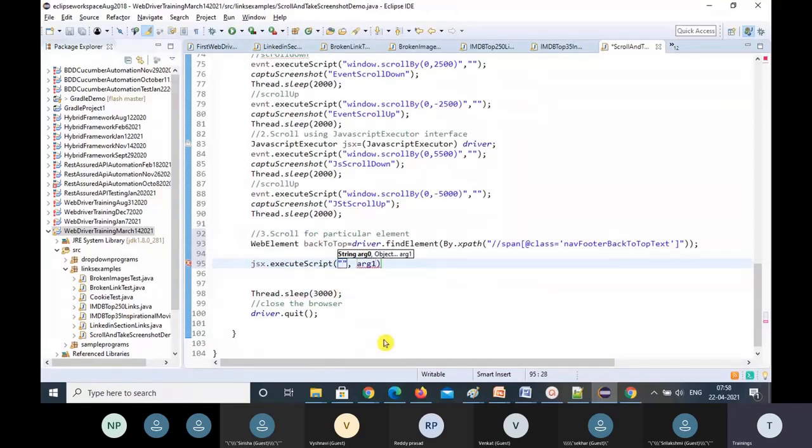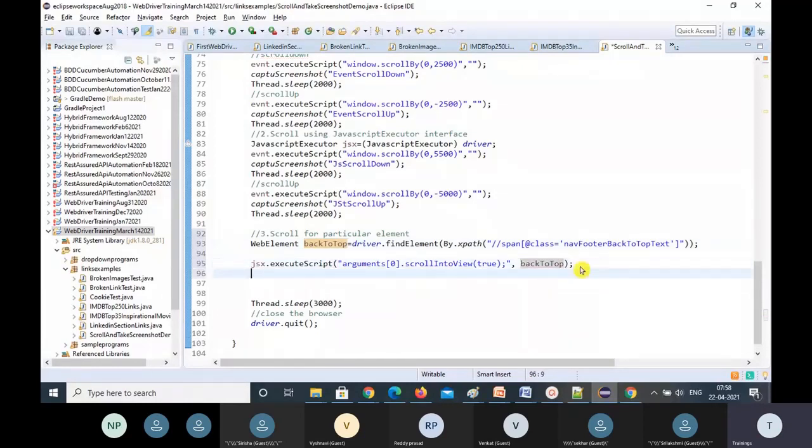Within double quotes, arguments[0].scrollIntoView. Write the scrollIntoView method, put true and a semicolon, and here you give the second argument as this element.